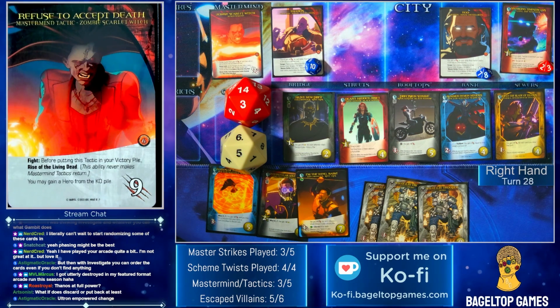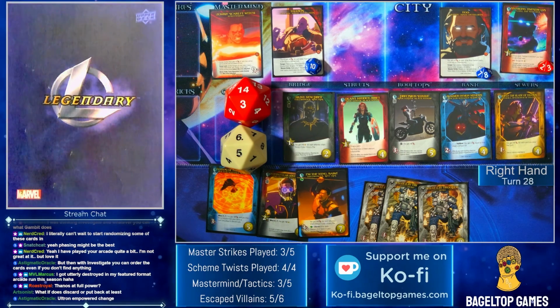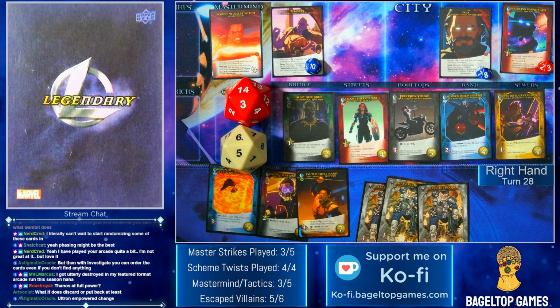You may gain a hero from the... Ooh! My messy KO pile. Okay. Let's go look at it. Oh, it's such a mess. It's such a mess. I just throw them, because usually I don't worry about it. Look at this. Look at how a mess it is. All right, who's in there? Anybody good? I'm just going to peek. I've got...